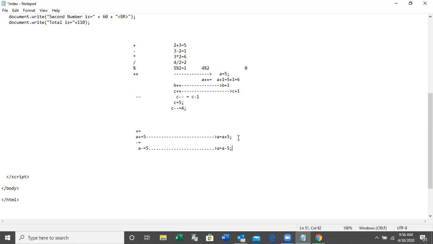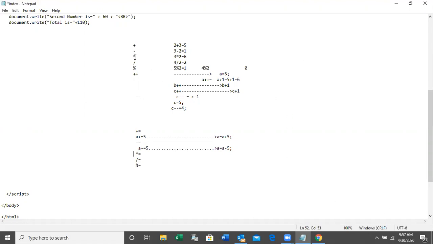This one is also the same as above. So what are the arithmetic operators?